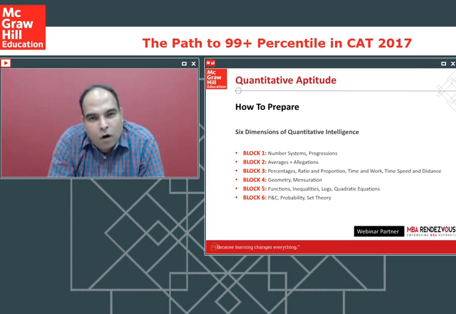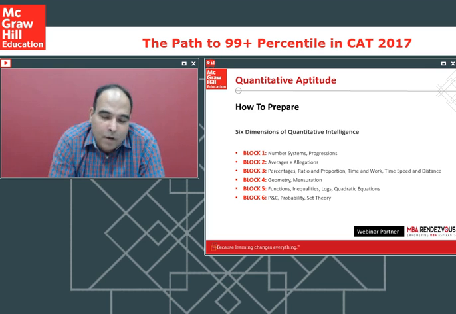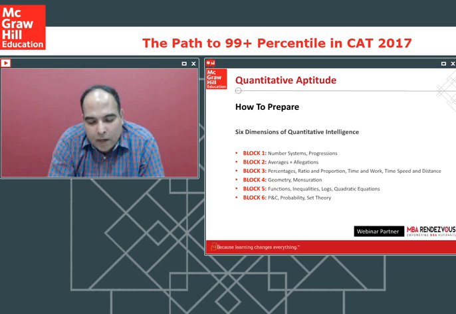You'll find shortcuts of how to solve equations. The same equations can be solved verbally rather than through simultaneous equations. And you will also find methods where you will be able to calculate faster. So these 3 dimensions you will try to look for. I'm just trying to tell you what you look for, and both for quants, for all 3 areas, DI and LR,